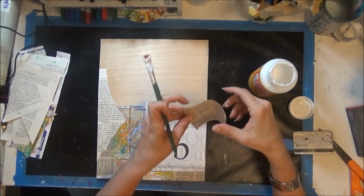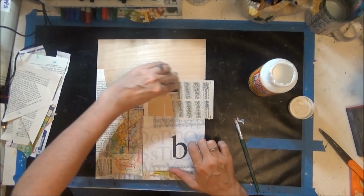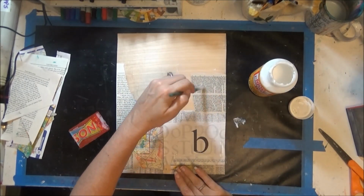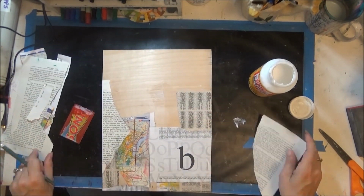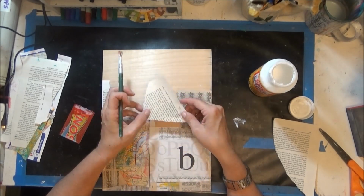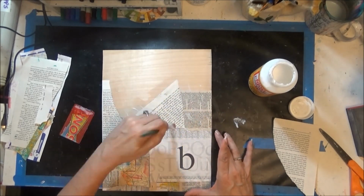Working on a little mixed media collage. I'm starting with a background of various text print, and I'm working on just a little wooden panel that's about 1/4 ply. And this is just various text, dictionary print, map, paper,